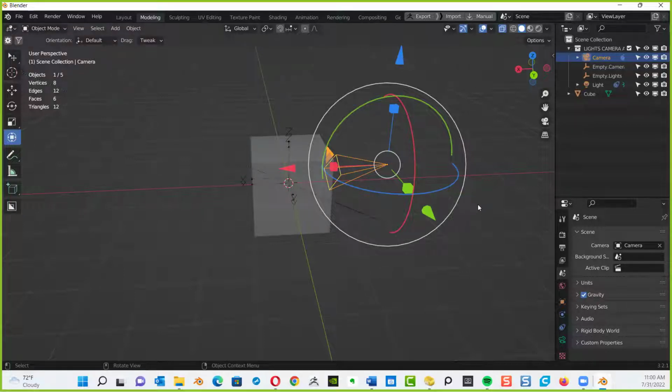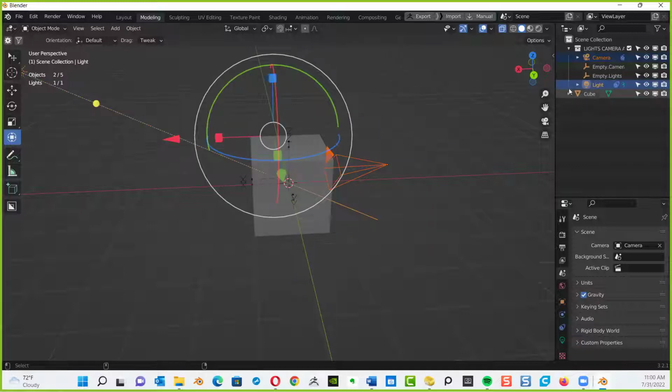Now, what I would like you to do is group the camera and the lights together. And the way that you do it is select the light and the camera. You can use the control key to multiple select. And with your mouse over here within the navigational area, you're going to hit the M for man key. And that creates a brand new collection.